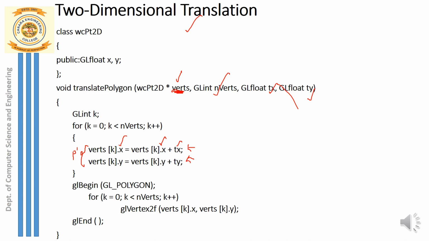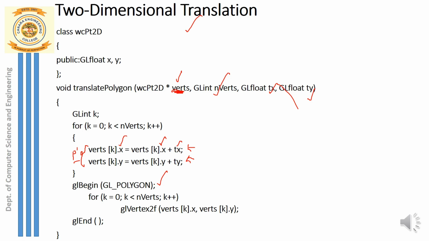Now once that is done, that new point which you have computed should be plotted on the screen, right? It should be drawn on the screen. So how do you implement that drawing of a point on the screen in OpenGL? This implementation is done by taking the type of primitive, glBegin, GL_POLYGON you can define there, or you can simply define GL_POINTS if you have to display only a single point. Okay, so again you write it in the form of an array.